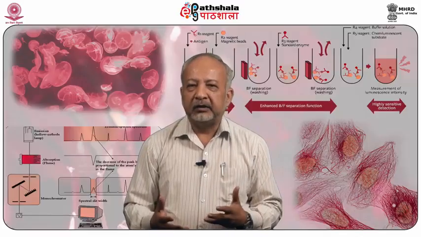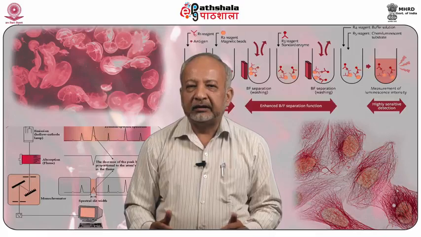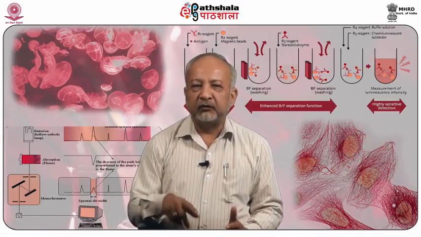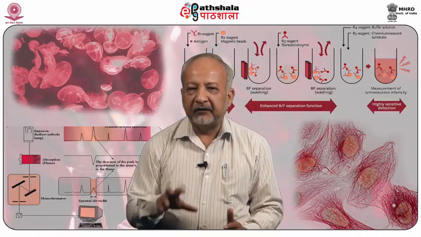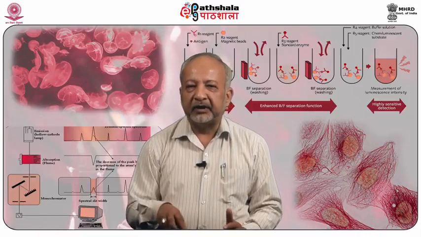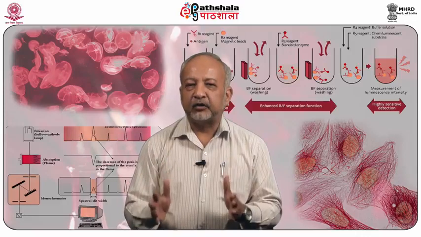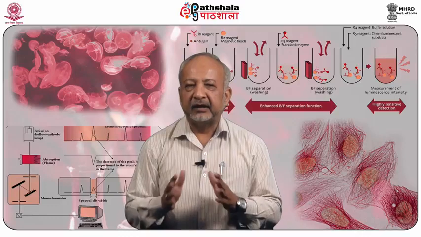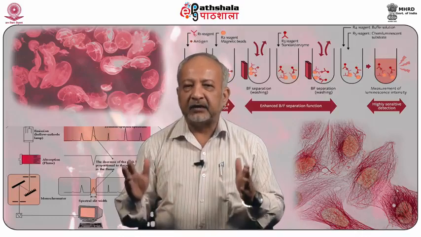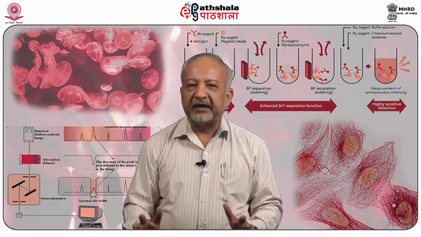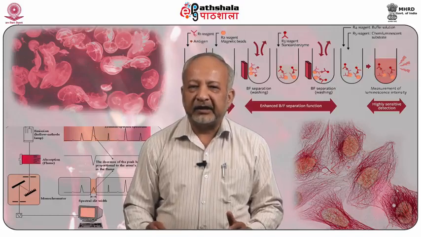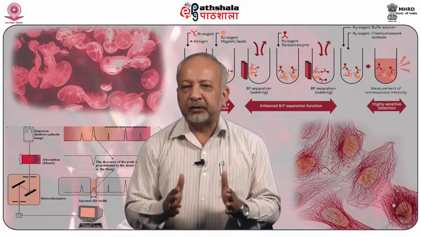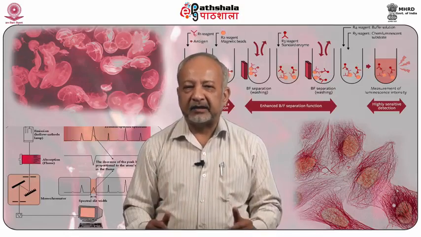Just to remind you, I told in my previous module that a mass spectrometer is a sophisticated weighing machine and the whole approach revolves around ionization, which is the most important step in the entire mass spectrometry gamut. So we have to learn about the ionization techniques in a wider perspective. The properties of ions make them easier to exploit, as I have told you, and the behavior of ions is monitored in mass spectrometry to ascertain their masses.